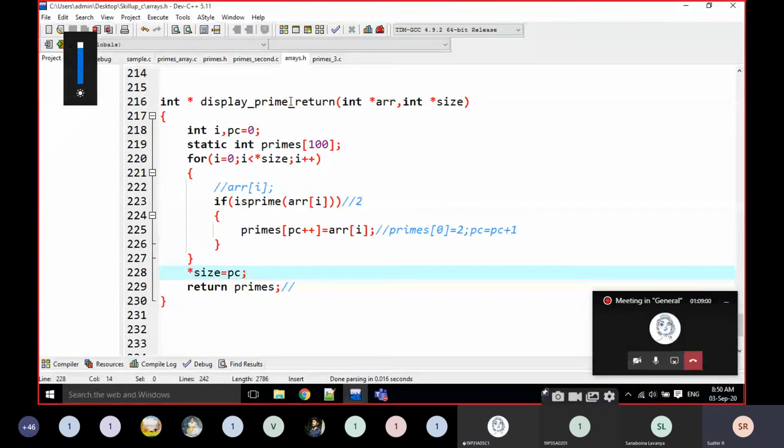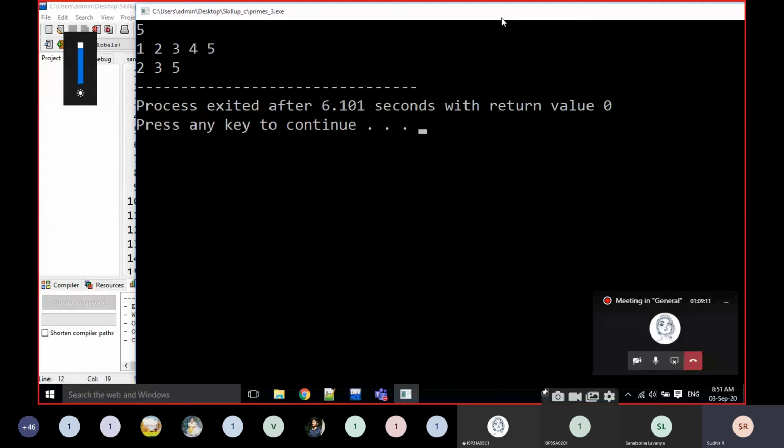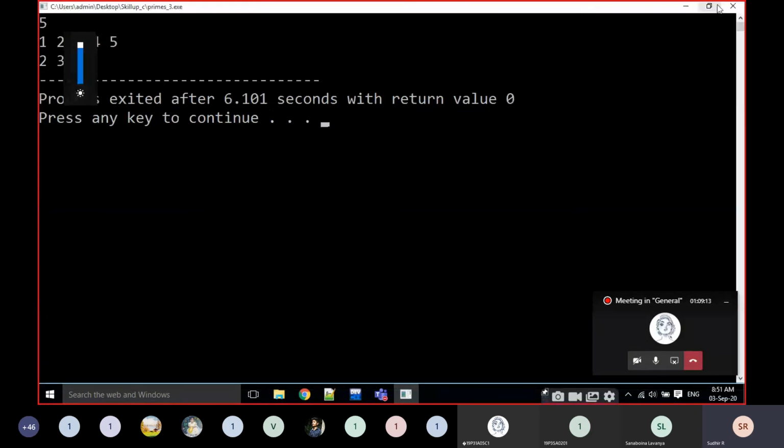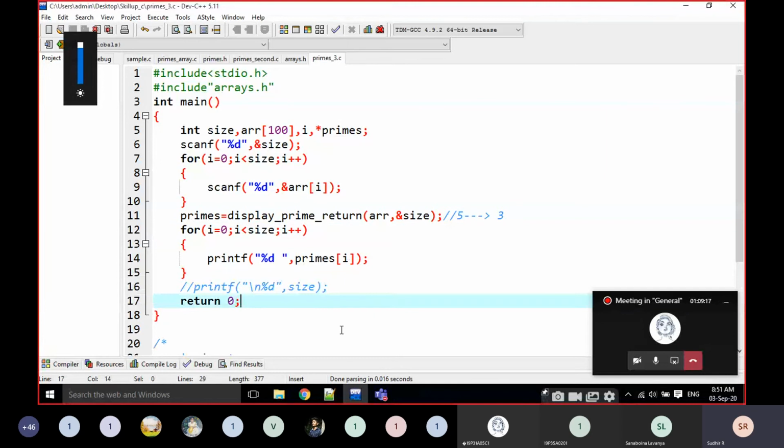Yes, sir. Clear? Now I am going to execute it. It's going to print 235 as the answer. Okay. Just note it down. This is the main program. This is the main functionality. When you are dealing with arrays, this is the best concept. This is the best method.